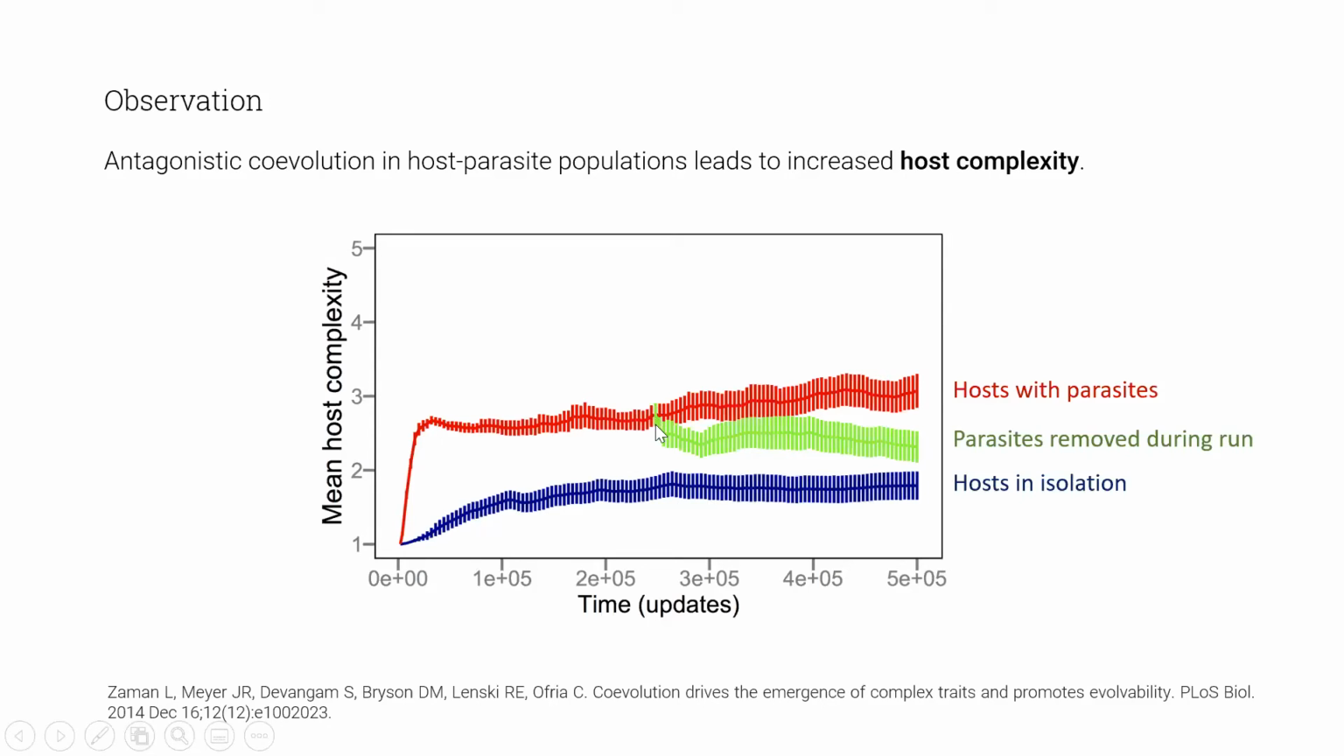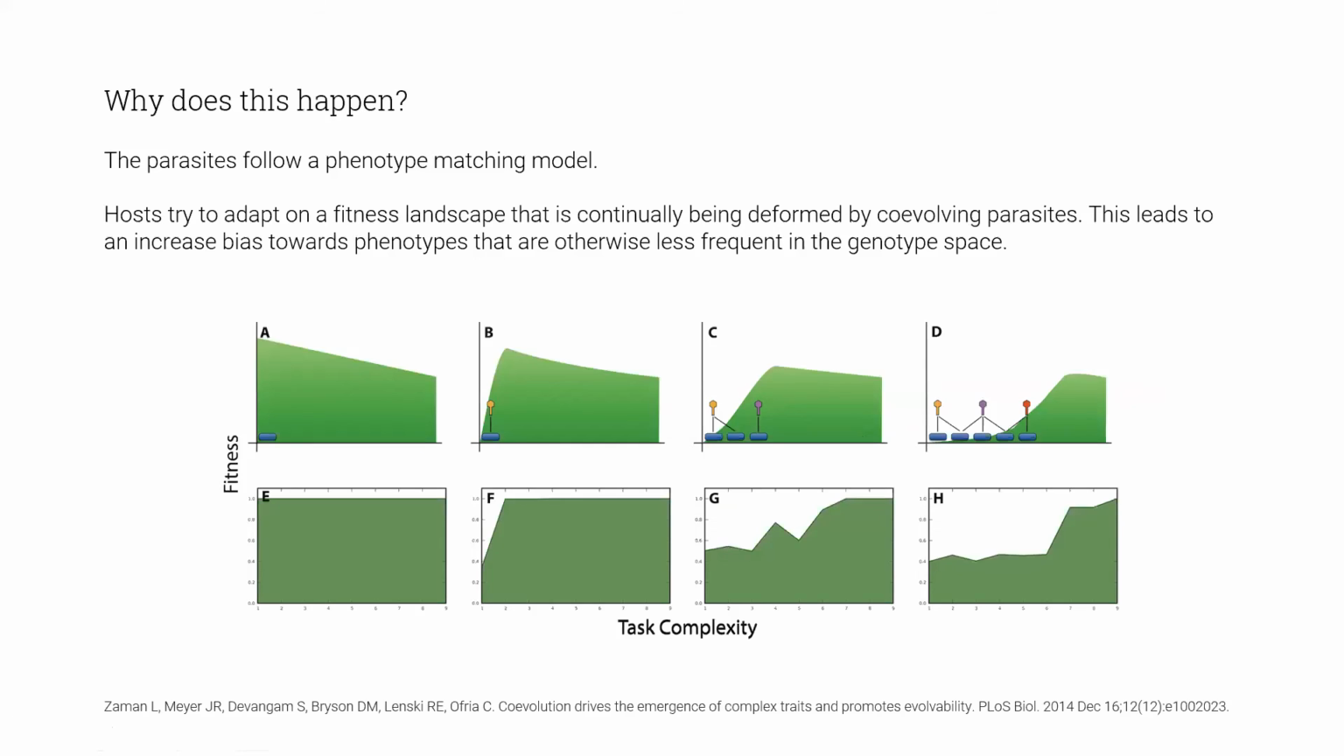And as soon as you have to remove the parasites in the middle of the run, the complexity decreases again, which is interesting. So why does this happen? What is the mechanism behind this? So the parasites follow a phenotype matching model. That is, in this case, the parasites are trying to match the phenotype of the host in order to infect